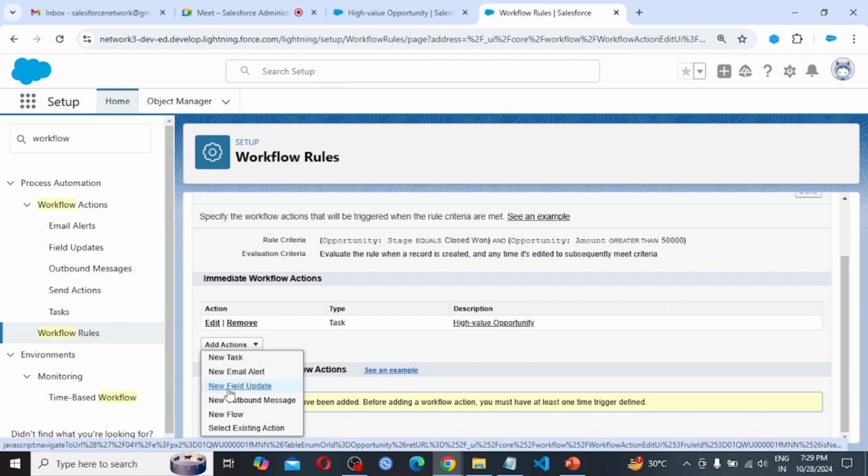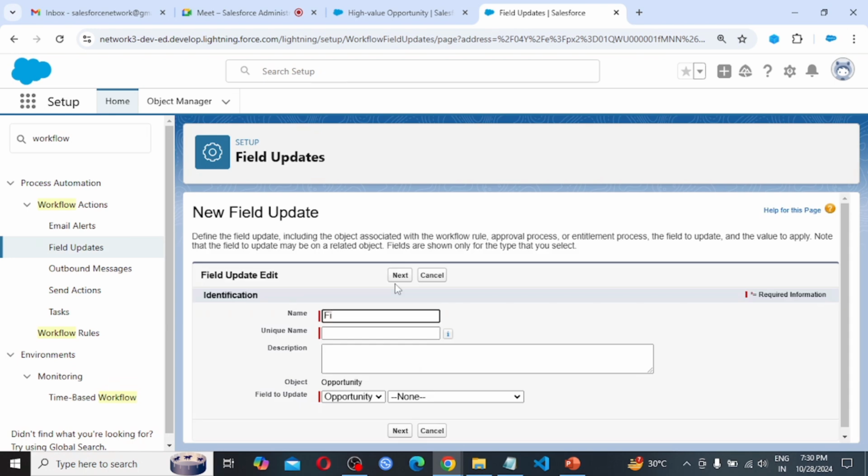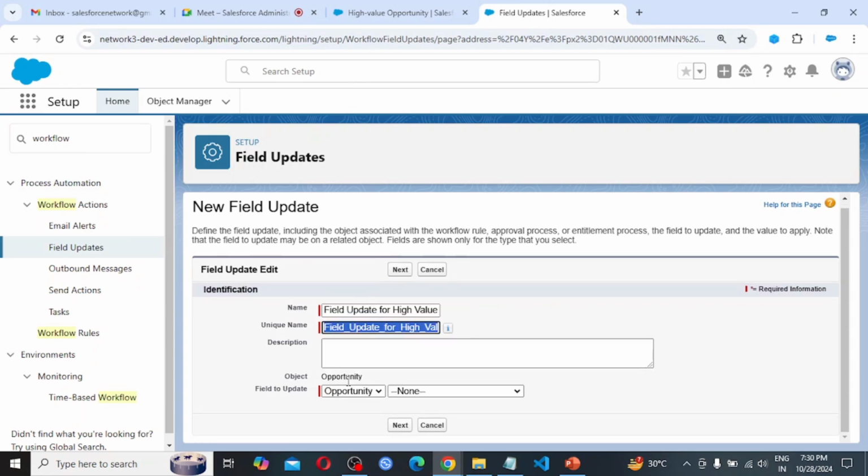So clicking on new field update, field update for high value opportunity. So for the object opportunity, field to update opportunity,